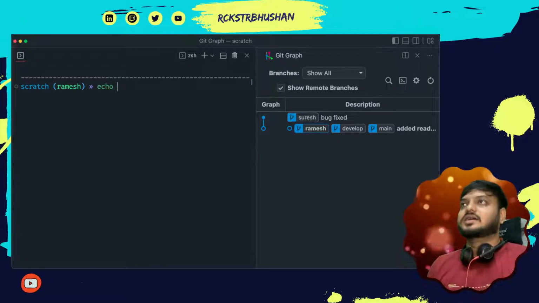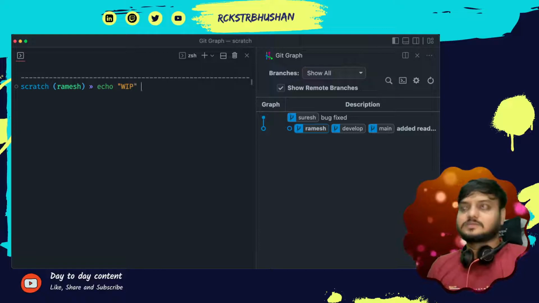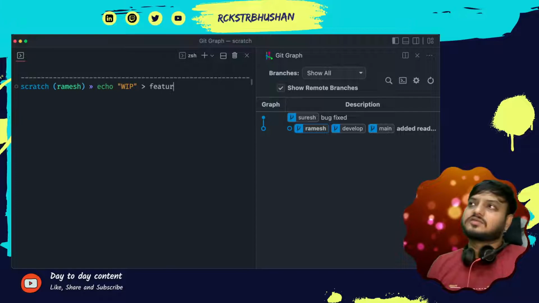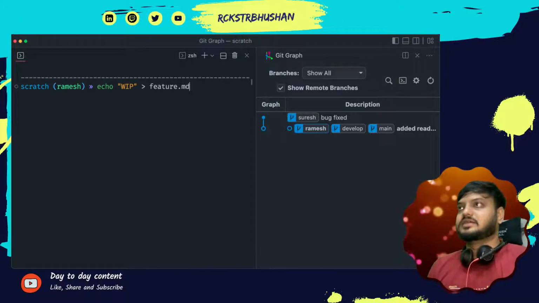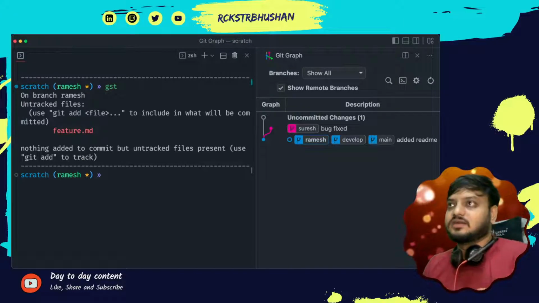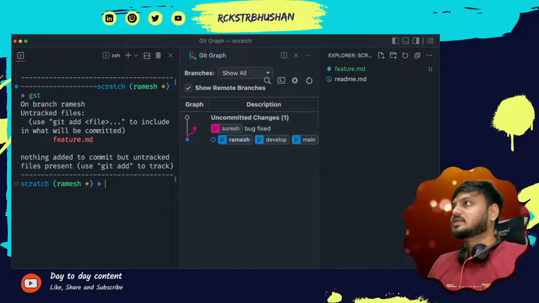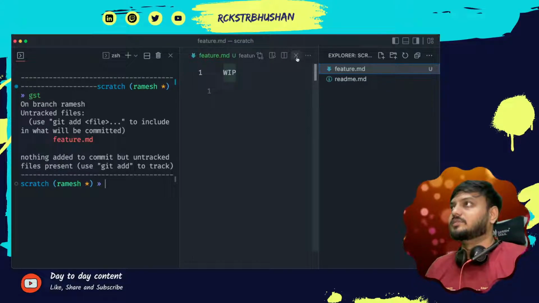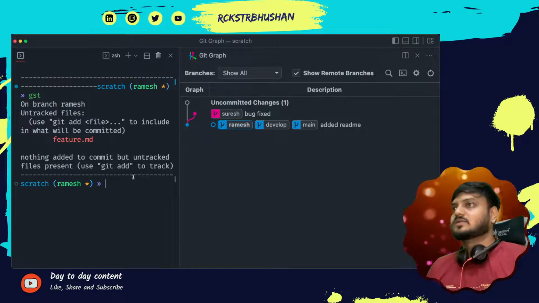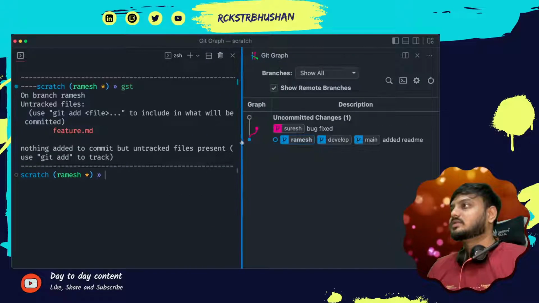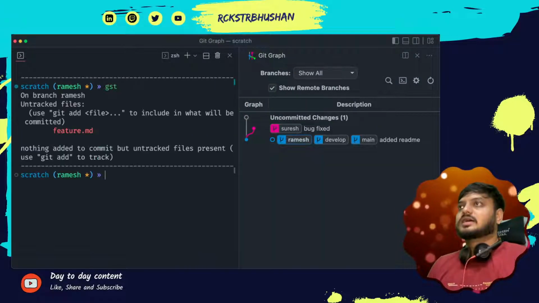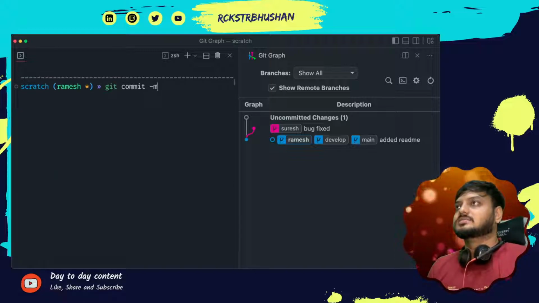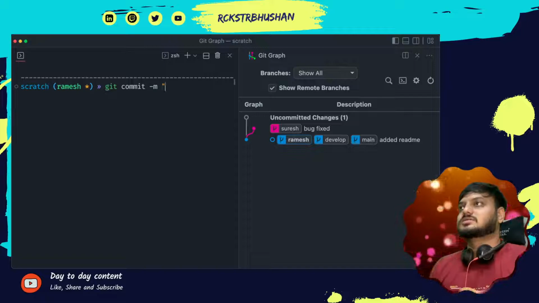Now let's simulate that. Let's do work in progress, and create a file called feature.md. Let me show you that quickly. So I'm actually creating this file, and inside this file I have WIP written. Let me close it. And then let me add this into the staging area, and let me add the message as work in progress,